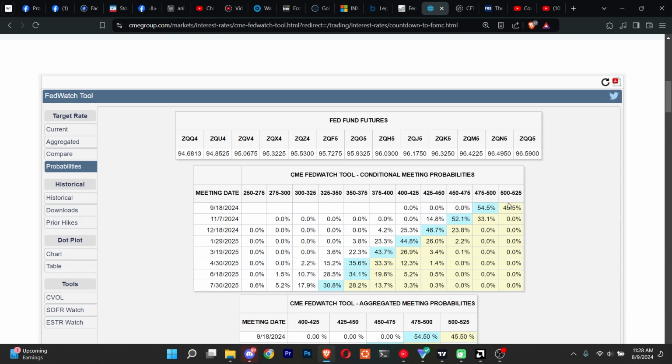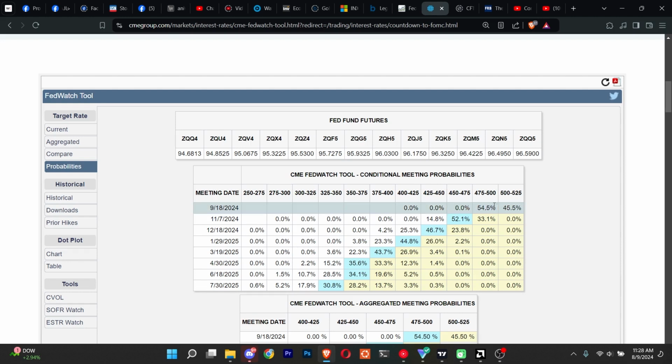As you can see currently, the majority of the market participants here are expecting a full 50 basis point cut. A 50 basis point cut is the general consensus here. And you can see this is the odds of a 25 basis point cut, and it's not so different from this other one. In fact, over this past week, the probabilities have been shifting. Sometimes this is the one above 50, sometimes it's this one like now.